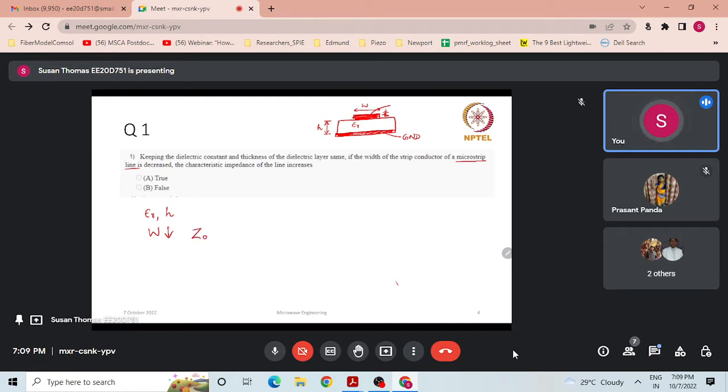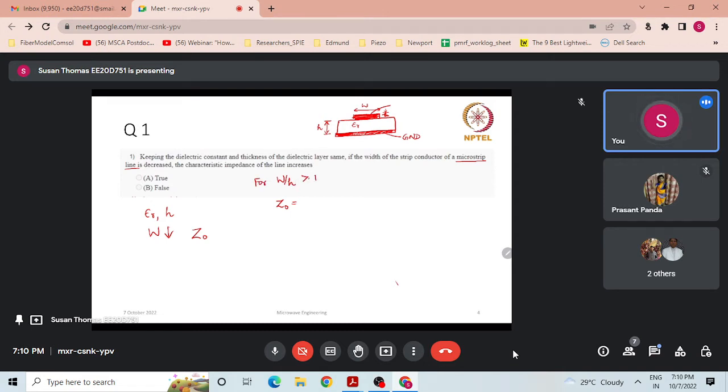To answer this question, you must know what parameters the characteristic impedance of a microstrip line depends on. You have come across the equations. If you need more clarification, you have to go through the equations in detail. So based on the characteristic impedance equation, let me write one equation,